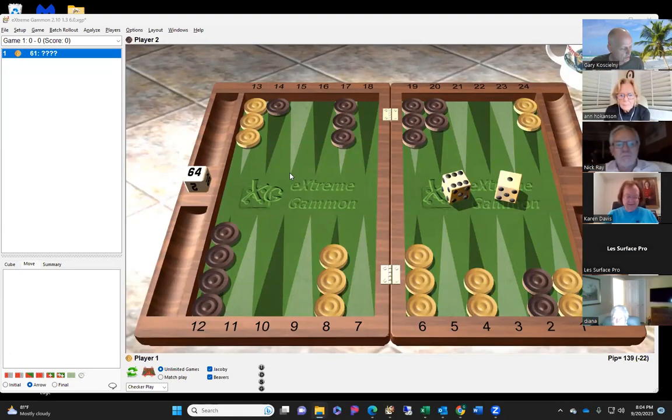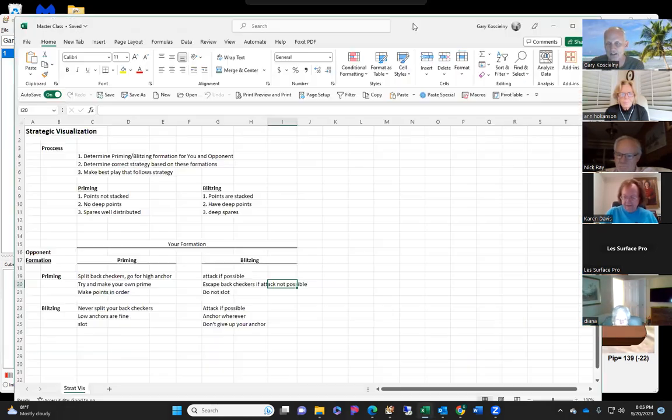Okay, so we are going through the master class by Mochi and Mark Olson, and we started the first chapter last week, and we're still on the first chapter. The first chapter is deceptively simple, and I'll bring up the summary of it. It's called strategic visualization, and it